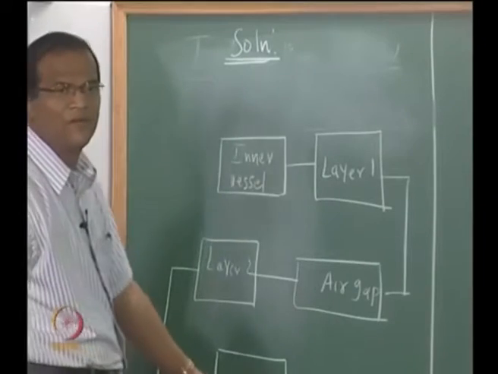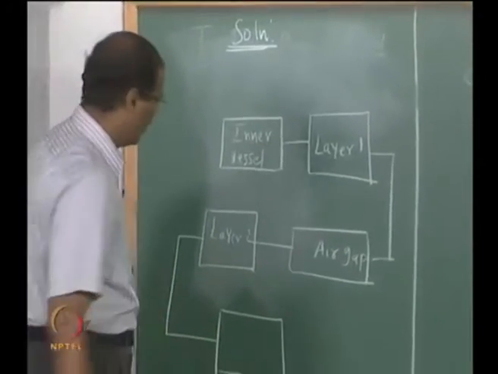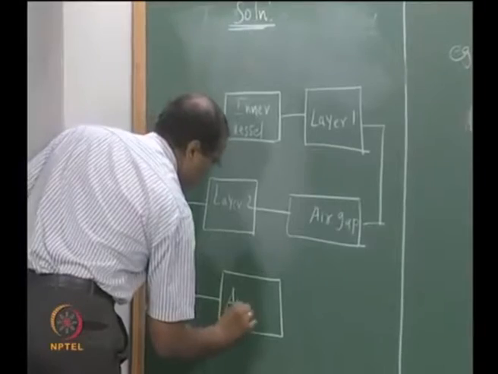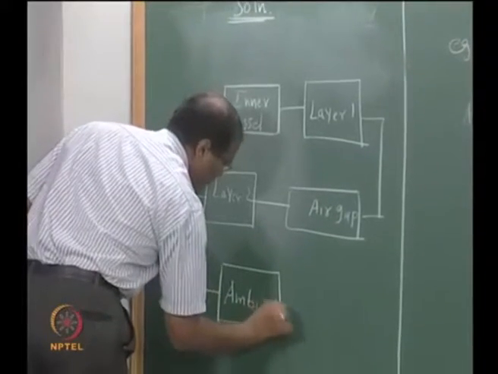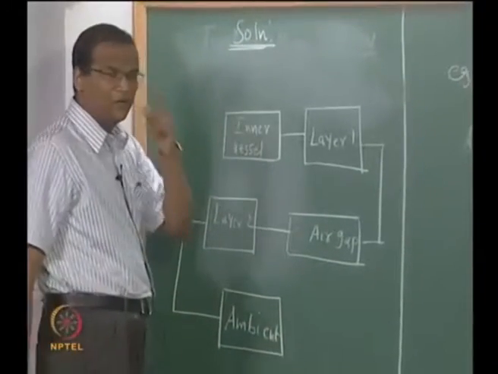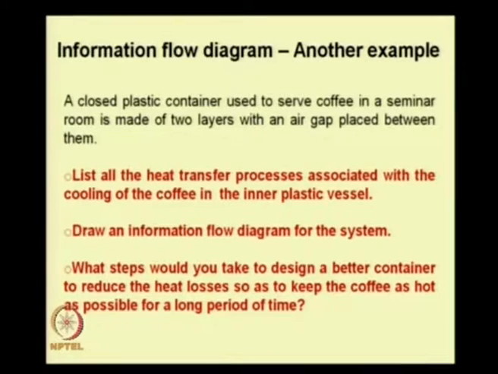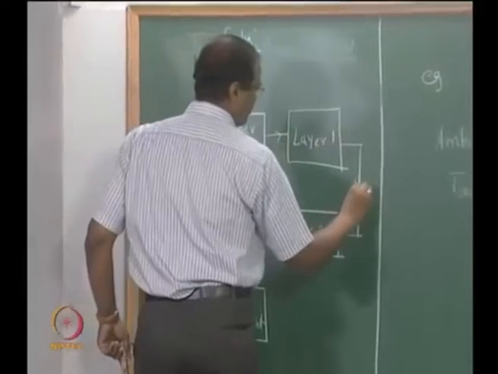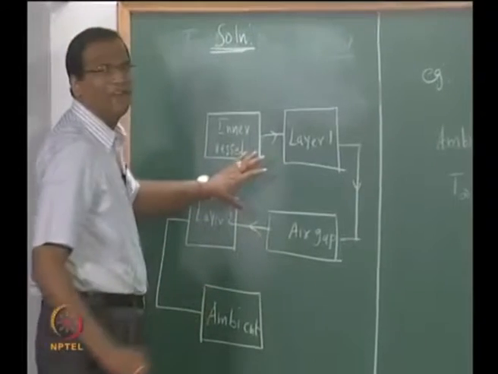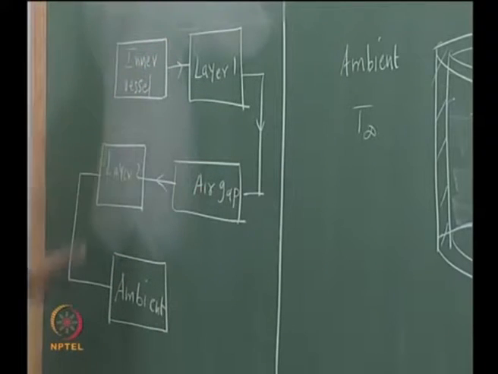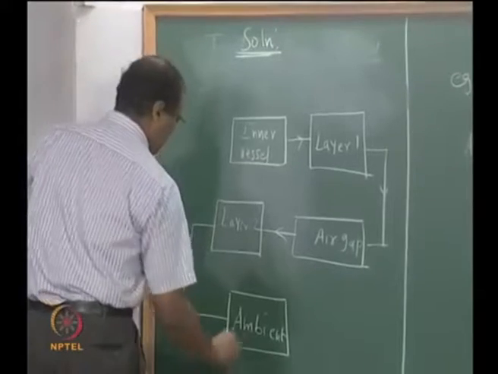What is this now? Ambient, okay. Is it a one-way path or a two-way path? No, I have constraints of space, that's why I went in for a zigzag. You can just start from left and go to right, or start from top and go to the bottom. Okay, so